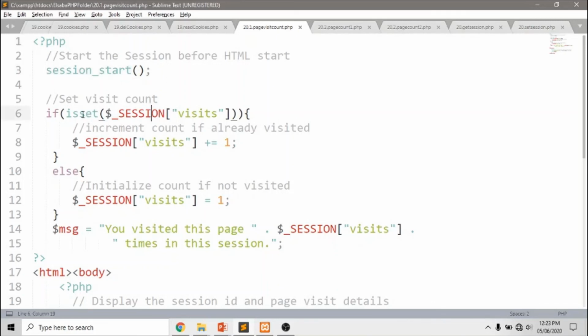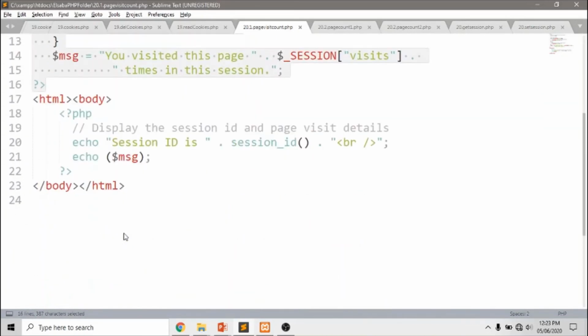Then it will check isset of $_SESSION visits, and if it is already visited, it will be incremented. Otherwise, it will be set to 1, and finally this will be displayed. Of course, this should happen before HTML, and I'm just printing the session ID and this message. This message is formulated here: the number of times you have visited the page.